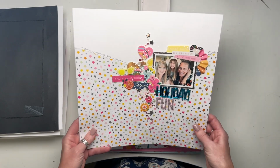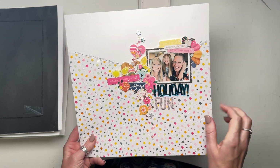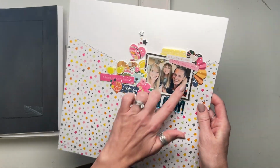Another one for Go-Go using Jen Hadfield Stardust. And I've got Perspectives there by Bramble Fox. And that's acetate at the bottom there, which is pretty cool. I had to staple it on because I didn't want the glue to show. I've glued it under here, but...